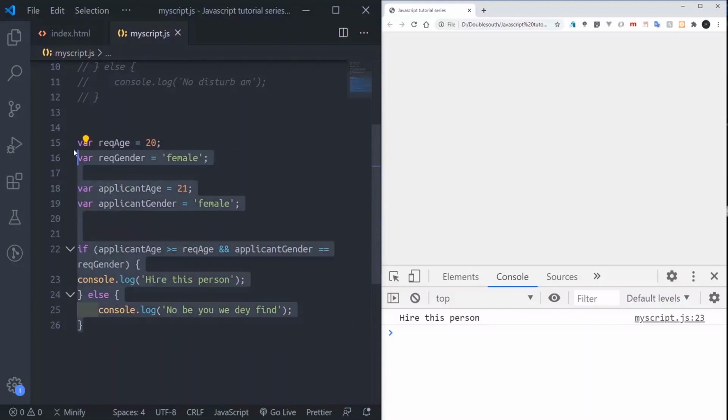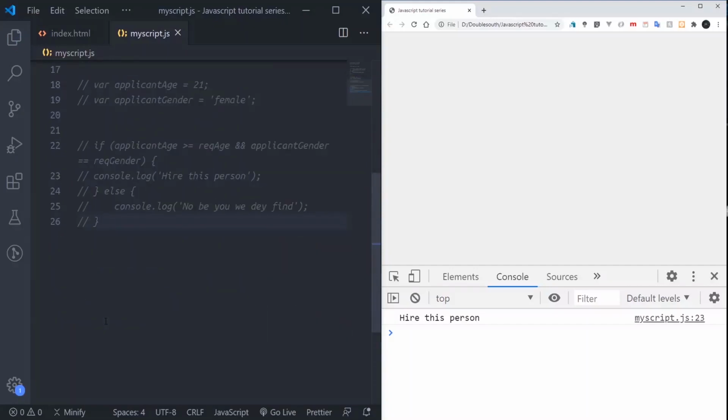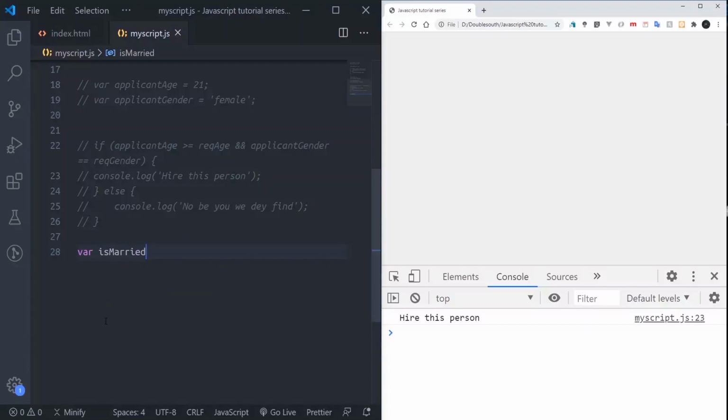Then the last one we'll talk about before we end this video, I'll say the video is very long now, is the not operator. That is the logical not. So what does it do? It turns a Boolean variable to the opposite. To explain, I'm going to give a simple scenario. This Boolean variable, you know that it can either be true or false. So maybe I create a variable, this variable is called is married.